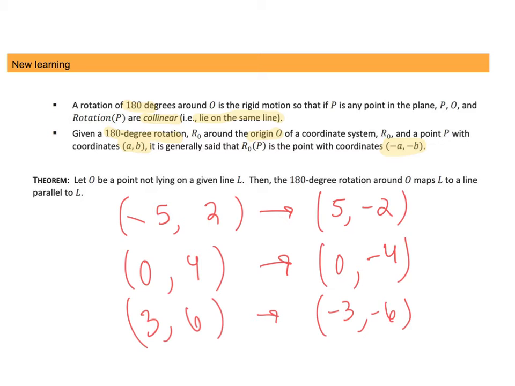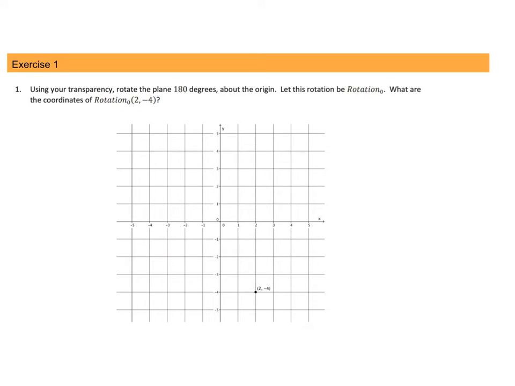Okay, let's continue on. It says using your transparency, but we don't have transparency, so we're not going to do that. Rotate the plane 180 degrees around the origin. So we are rotating around the origin, so our rules do apply. What are the coordinates of the rotation of this point? 2, negative 4. So we're starting here